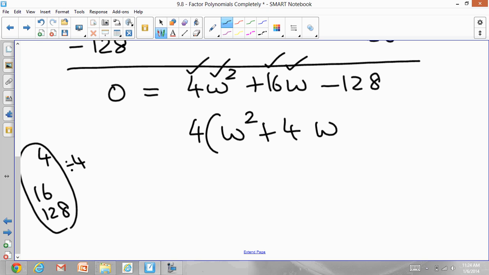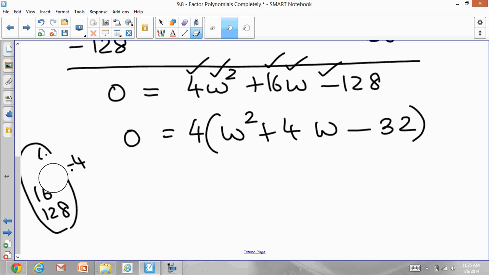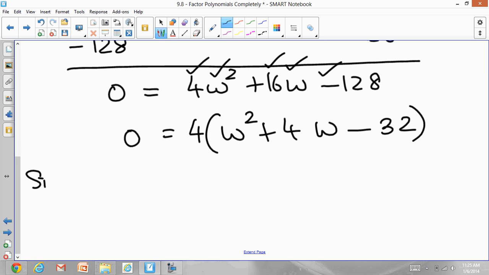W minus, and 4 goes into 128 32 times. So use your calculator and multiply 32 and 4 and you're going to get 128 back again, equals 0. So now this becomes 4 and the 1 inside the parenthesis, the leading coefficient is 1. So there is no leading coefficient, which means you take it as 1. So now since my leading coefficient is 1,